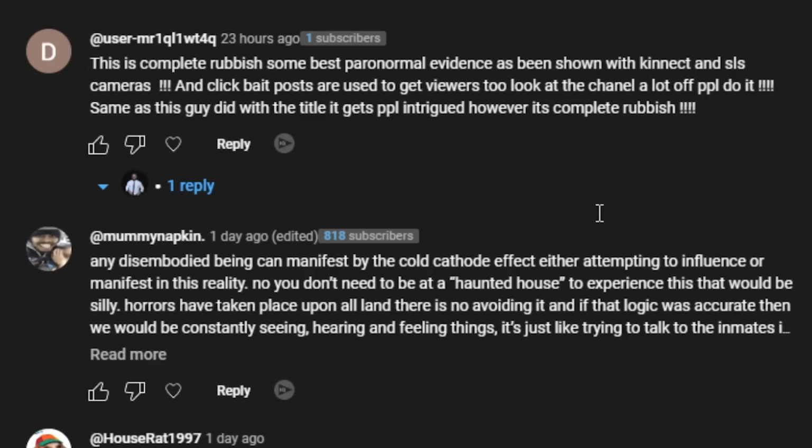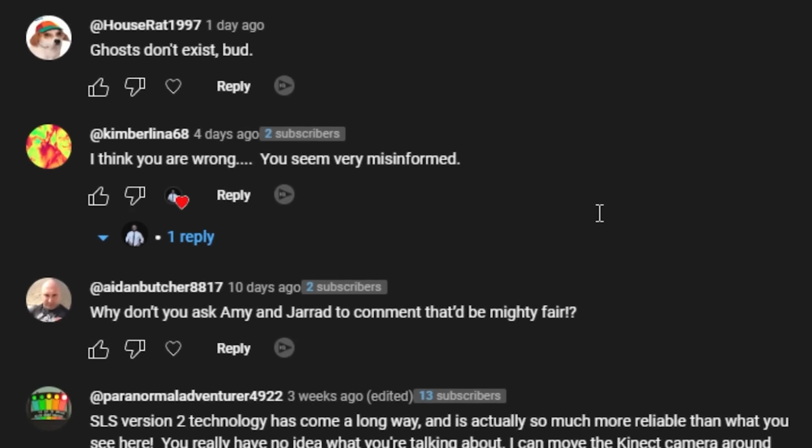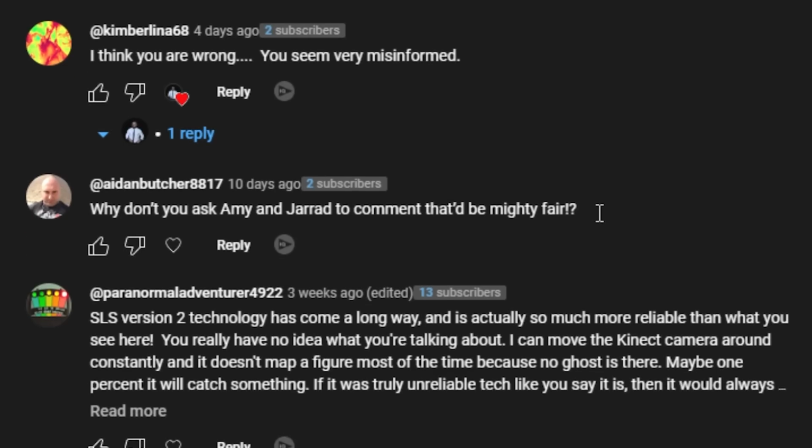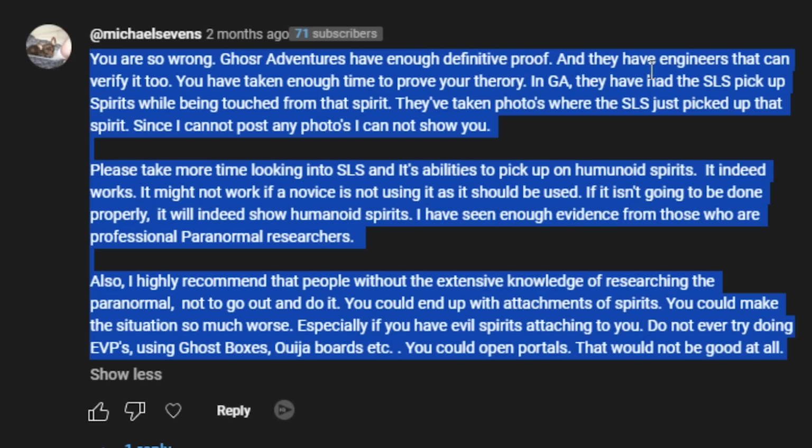Now, ignore the weird little setup, I'm messing around with stuff. But for about 2 years now, I've been getting comment after comment on the Kinect video I made about 2 years ago, asking why it can't see ghosts. I've made a couple of reply videos to those comments, but they don't seem to be getting through to people. Unfortunately, I do waffle on, even though I bring up the facts, because I don't write stuff down and I go off on a tangent. So I thought the only way I'm going to reply to these is to make the definitive final deep dive